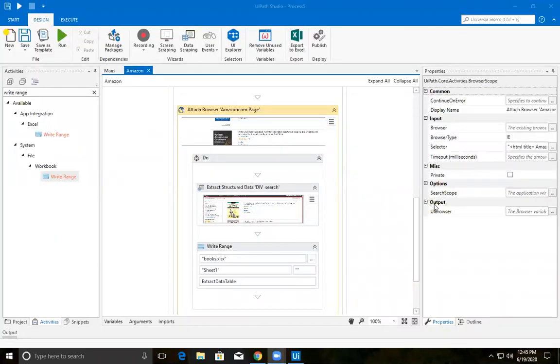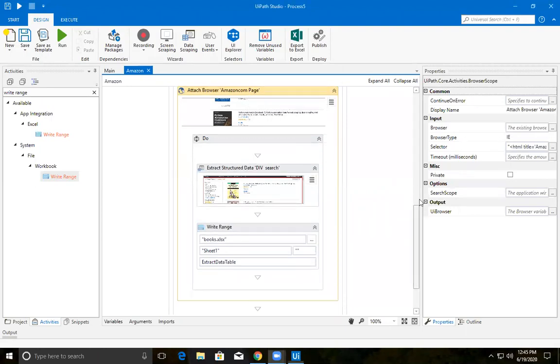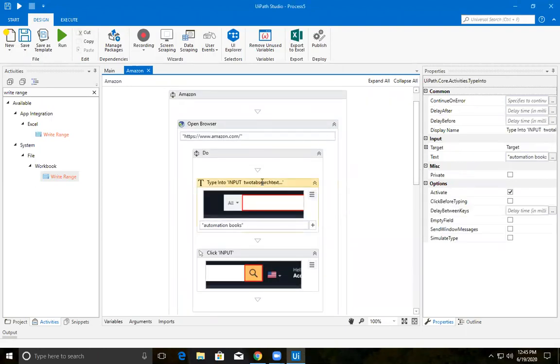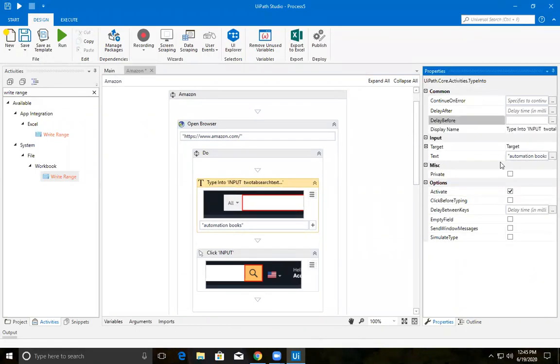After opening the browser, before type into, select this delay before. That means let the website settle for some time, and let's select this search bar and type into the box clearly.